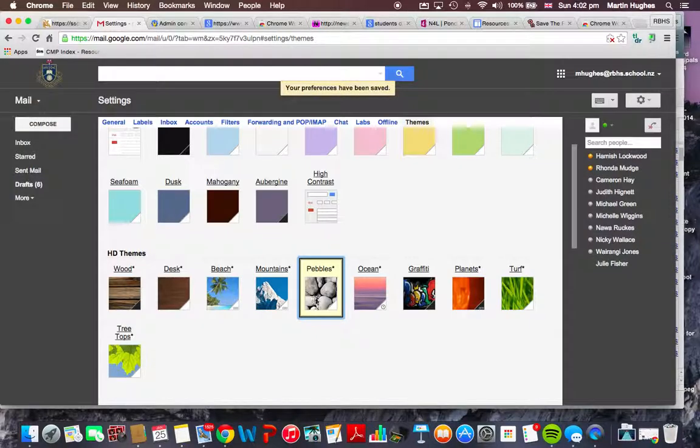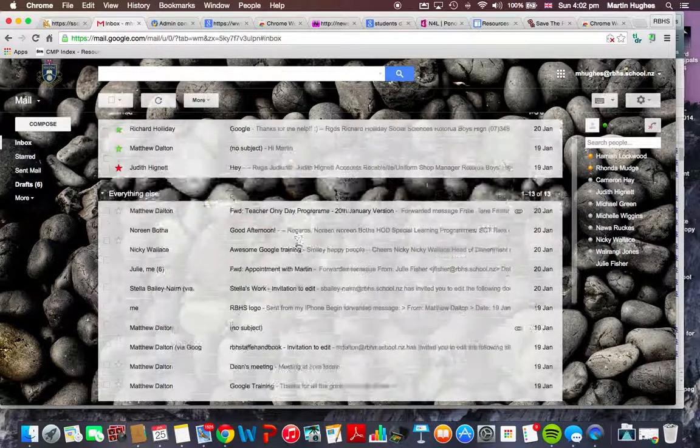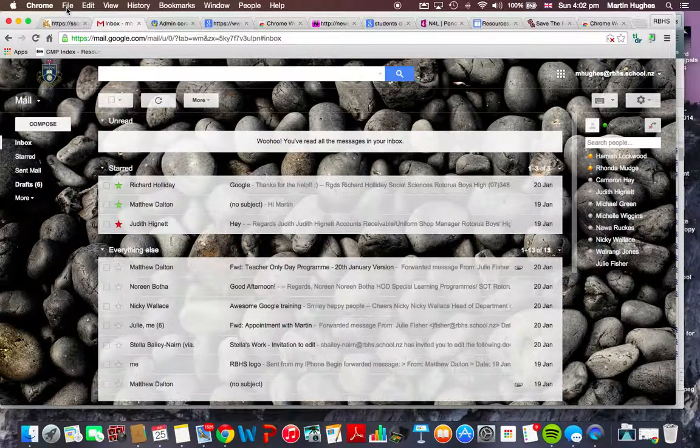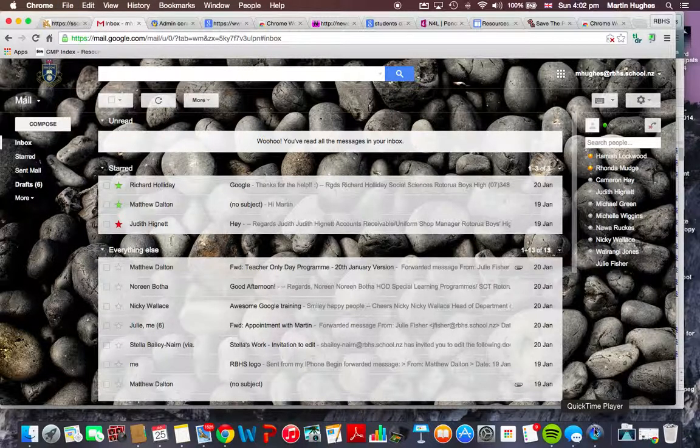It can confuse some people because of a lack of clarity, and they can't see things, so obviously see how you go. So that's how to set up Gmail. Obviously lots and lots of practice with everything, but that should hopefully